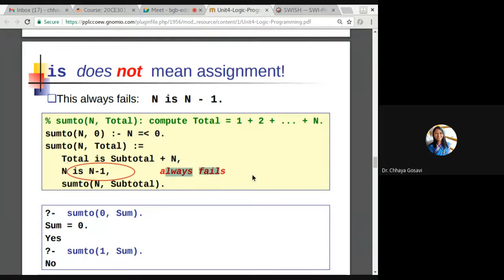We know that in factorial it is not working, so replace n minus 1 with n. So sum to n subtotal. Sum for 0 will return 0, but if you say 1, it will not return. It is similar to factorial because n minus 1 is not replacing n in the next recursive call.